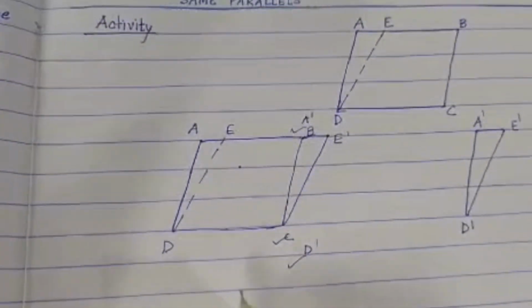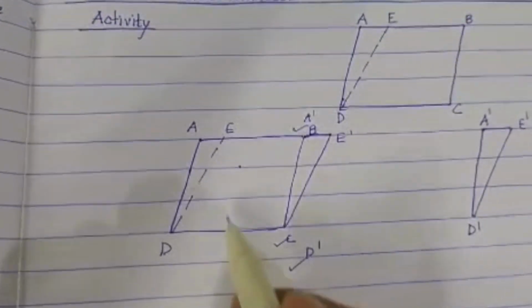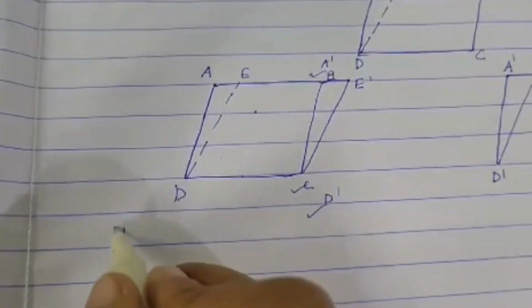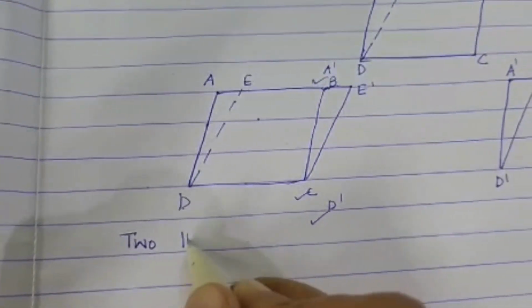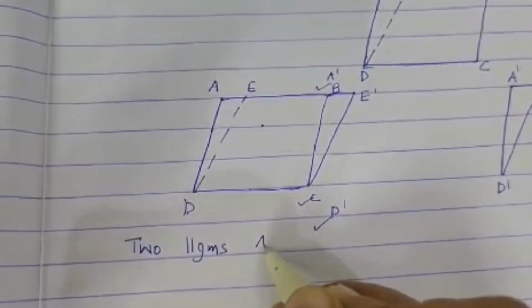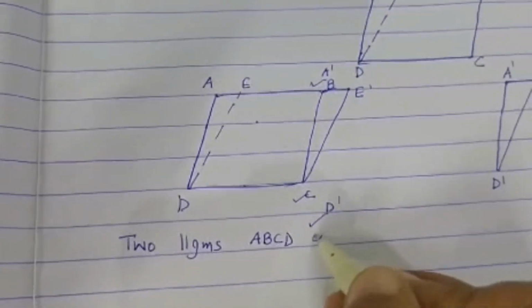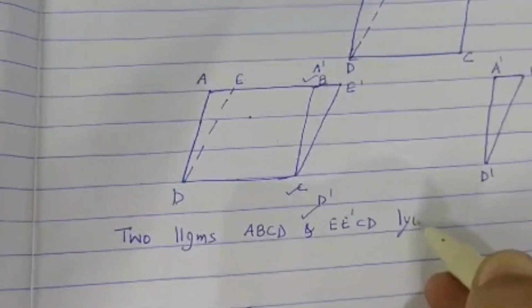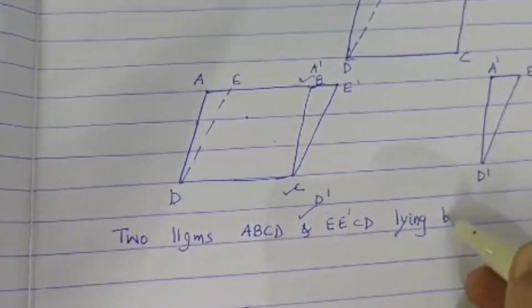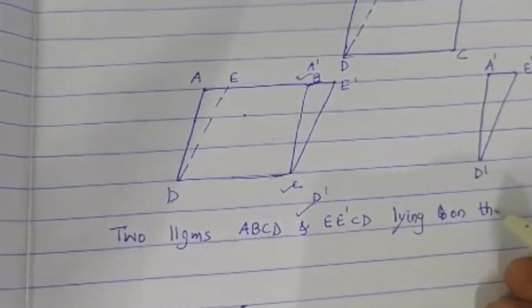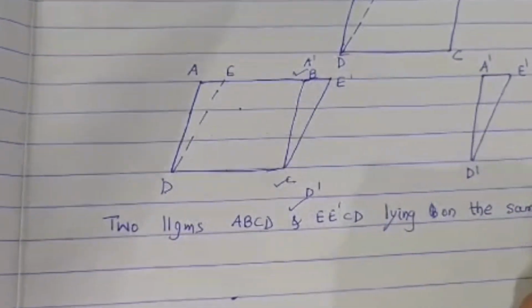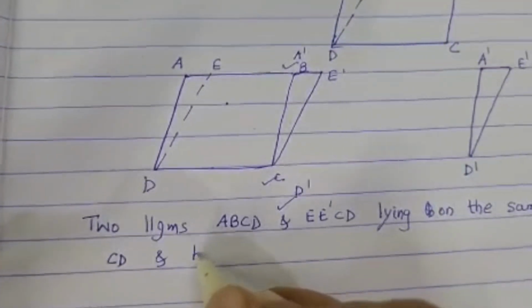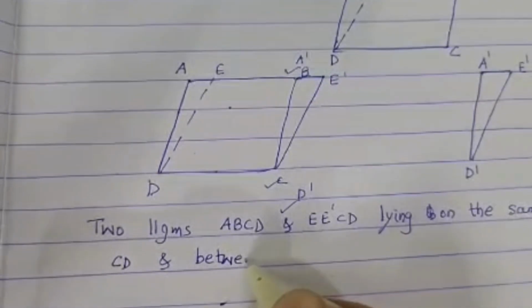All right, now you see we have two parallelograms, ABCD and EE dash CD, lying on the same base CD and between the same parallels,